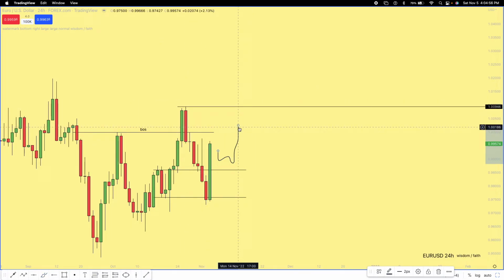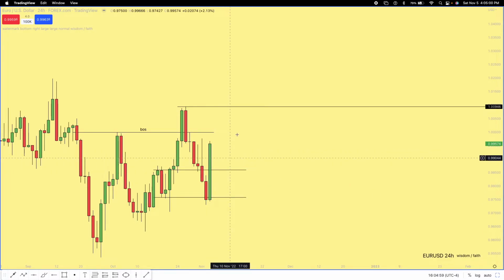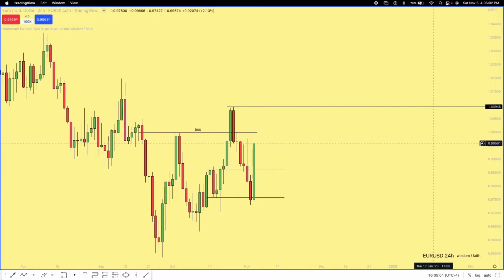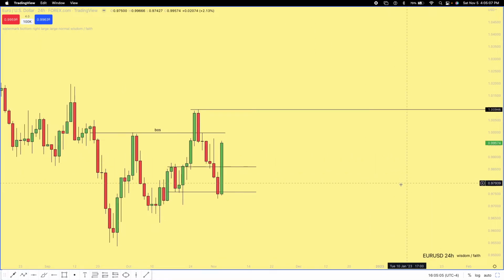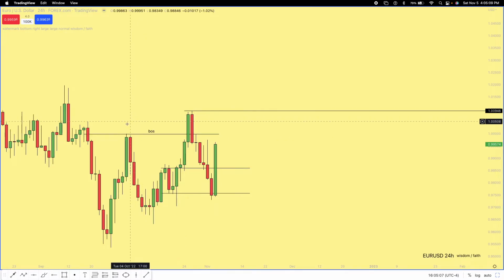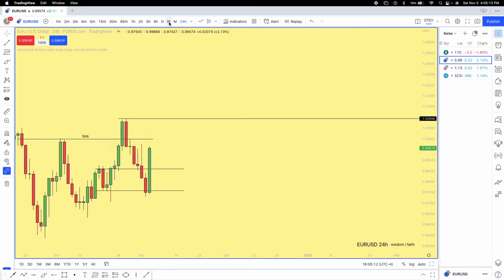That's not really intriguing to me. What's intriguing to me is getting the right bias and catching some of that move. So that's how I basically determine my daily bias, guys, and my weekly bias. So once again, real quick, I come to my charts and I look for breaker structure. So let's go back here. Let's go back to the weekly time frame on the euro dollar.